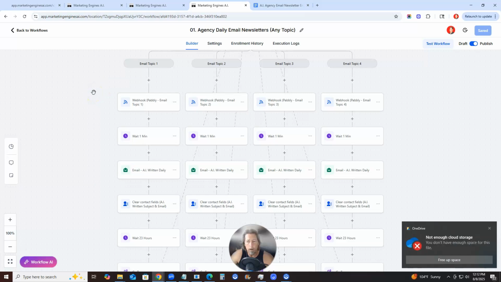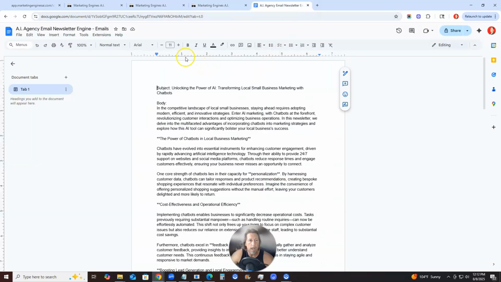It's incredibly awesome. And just to show you what it produces, I have the Pabbly workflow that goes out and creates the email, and actually adds the email with the subject to a Word doc. You can have this set up this way just like I do, optionally, if you so choose. So you can see every single email that it generates, and I'll put them into a Word doc for you, so that you can go back and reference those emails if you want to see what it did generate for each contact, or if you want to use those later on down the road for some other reason. So you have this asset built for you